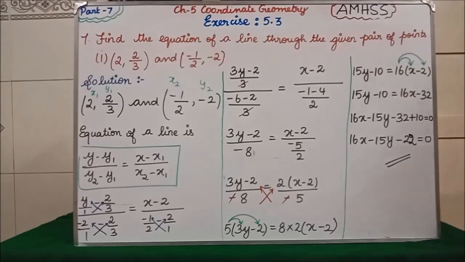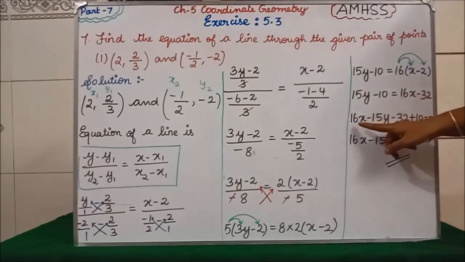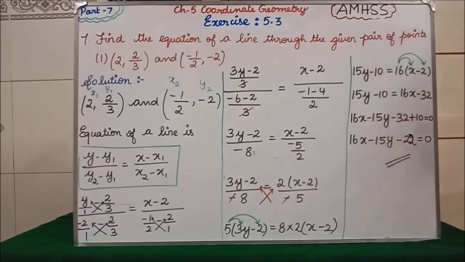Students, I have told you from the first onwards, equation of the line means it should contain x term, y term and constant. In the format only we have to write, isn't it? See, 16x minus 32 I am keeping this side itself. I am going to bring 15y and minus 10 only this side. So I will write 16x. Then next what term has to come? Y term. So y term is coming this side means it will become minus 15y. Then minus 32 is already this side, so no need to change the sign. So write minus 32. This minus 10 will come this side, it will become plus 10. So 16x, 15y, minus 32 plus 10 is minus 22 equal to 0.